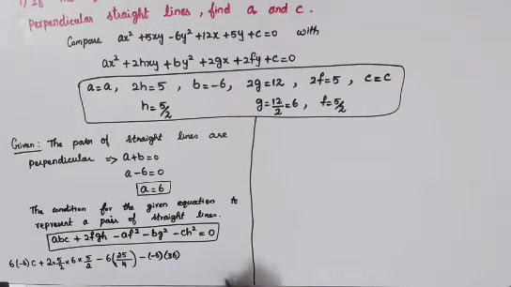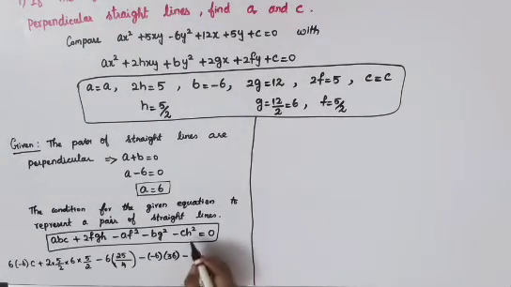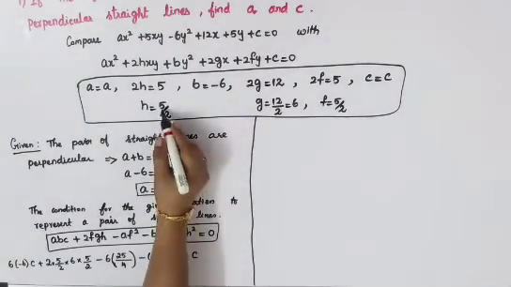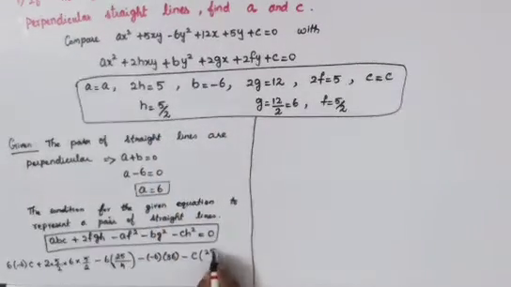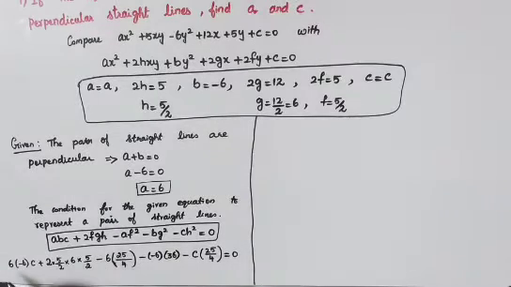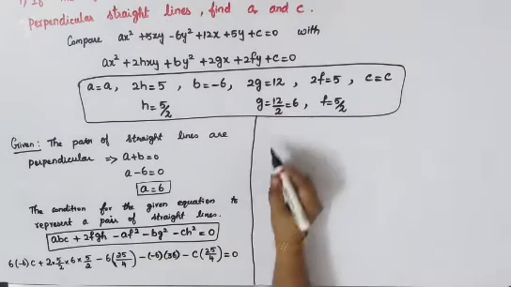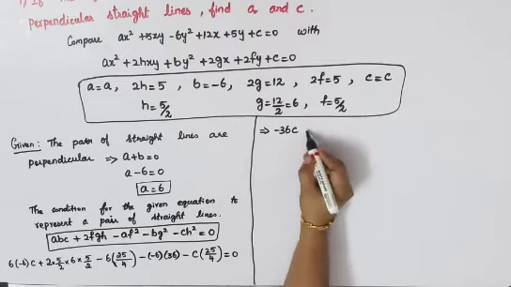So into 36. Minus again from here, C is C itself, so keep your C as it is. H square is there, so H is 5 by 2, so H square means you will get 25 divided by 4, which is equal to 0. Except your C, all the other values we have substituted here. Solving 6 into minus 6, you will get minus 36 and C is there. So that implies minus 36C, that is your first term.